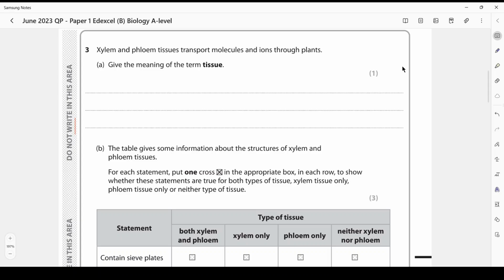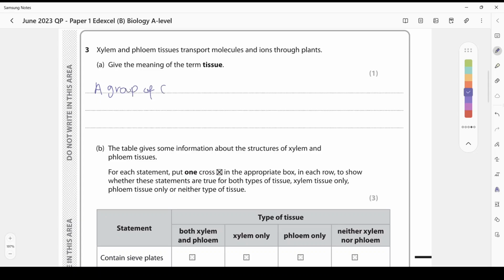Okay, question 3. Xylem and phloem tissues transport molecules and ions through the plants. Part A, give the meaning of the term tissue. So tissue is just a group of cells that work together to serve the same function or that perform a similar function. So we can say